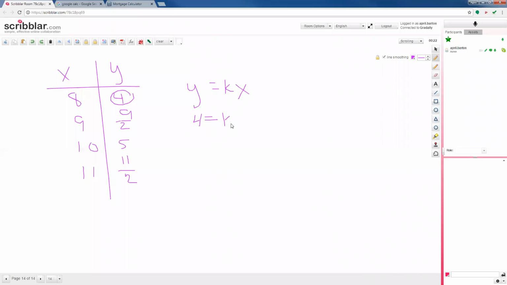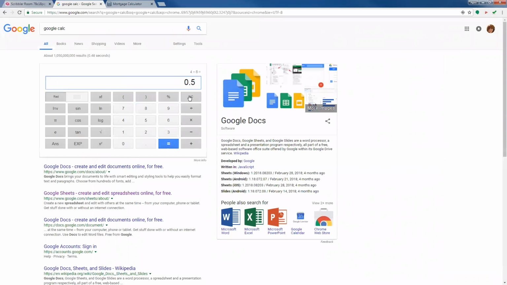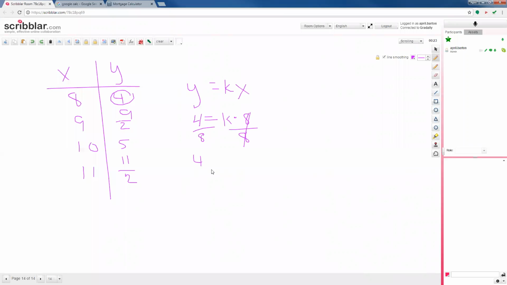So this time when we divide by the 8, now we don't get a nice number. 4 divided by 8 gives you a decimal, 0.5. So this is where, if your answer is a fraction, leave it as a fraction. You do want it simplified. So what's the biggest number that divides into 4 and also into 8?